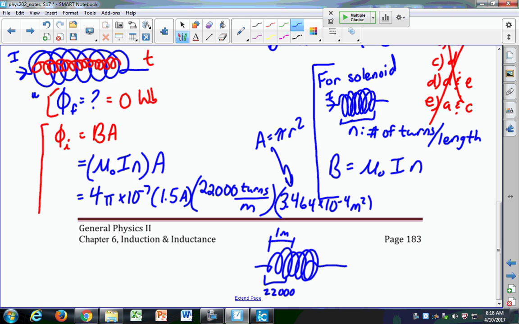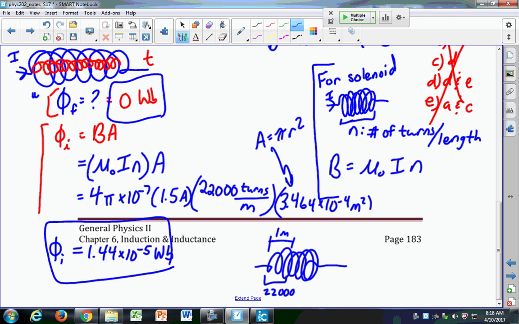All right, so that gives me the initial flux. And the initial flux then works out to be 1.44 times 10 to the minus 5 Webers. This is phi initial. So I got my final, and I have my initial. Now I want to find my